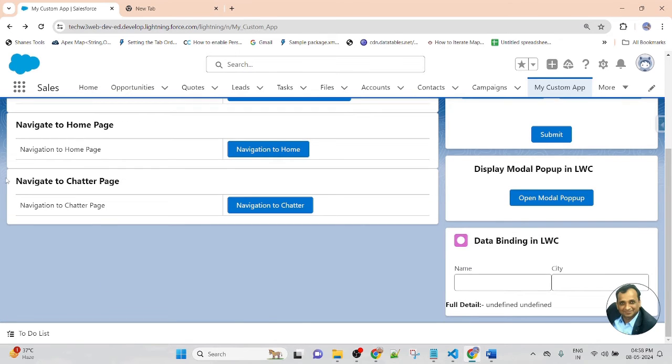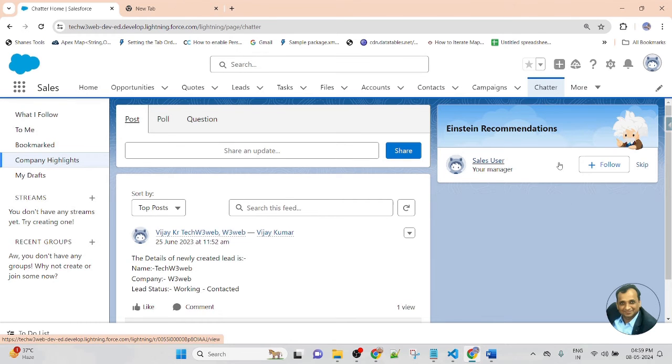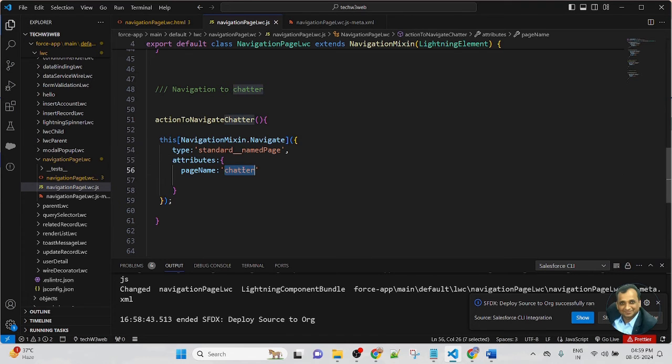In this lesson, we are learning to navigate to the Chatter page. So this is the section I created just now. This is the title, navigate to Chatter. This is a button. Whenever I click on this button, it will automatically navigate to the Chatter page. So now let's click here. You can see the page automatically renders the Chatter page because in the JavaScript I am using Chatter.